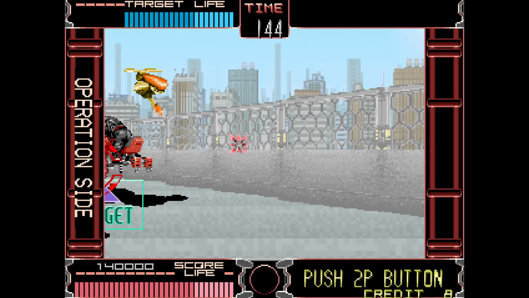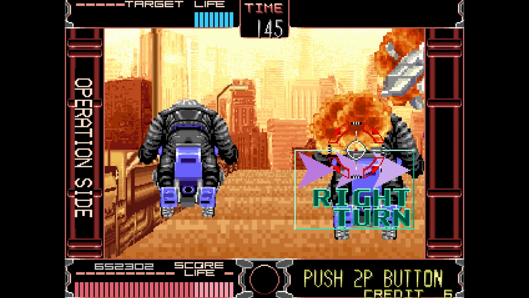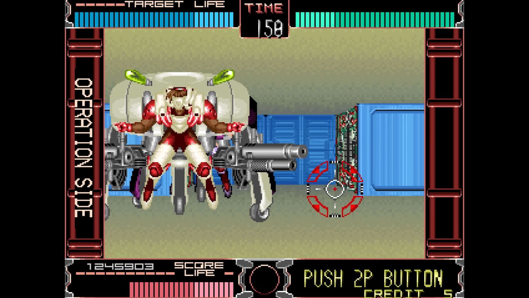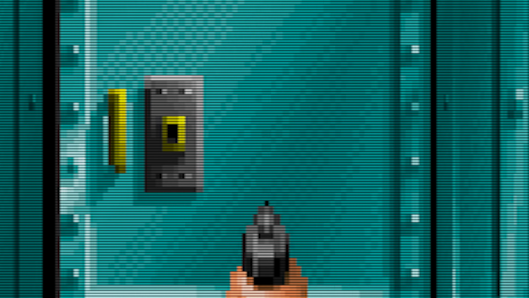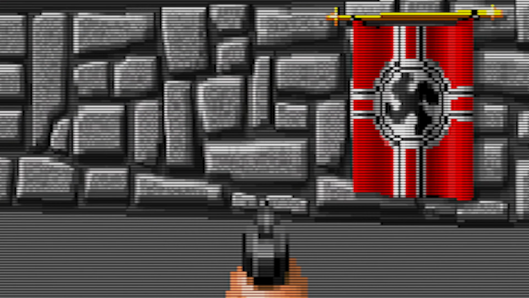This is Gunbuster, a fast-paced, boss-crushing, cyberpunk-inspired, gunslinging first-person shooter created by none other than Taito. It appeared exclusively in arcades starting in the summer of 1992 and offers players full freedom of movement in a pseudo-3D world. It also released the same year as id Software's groundbreaking Wolfenstein 3D, and is in some ways somewhat